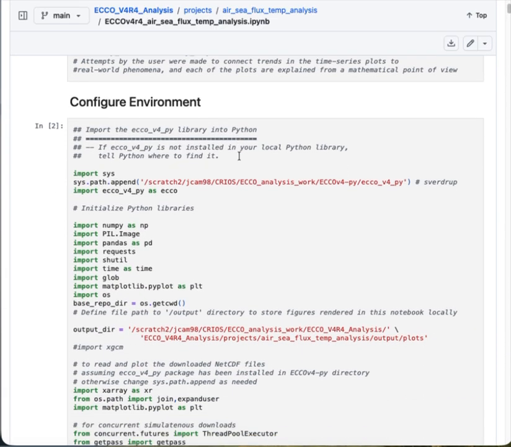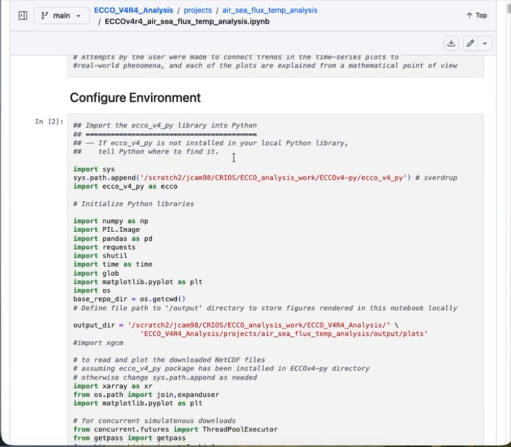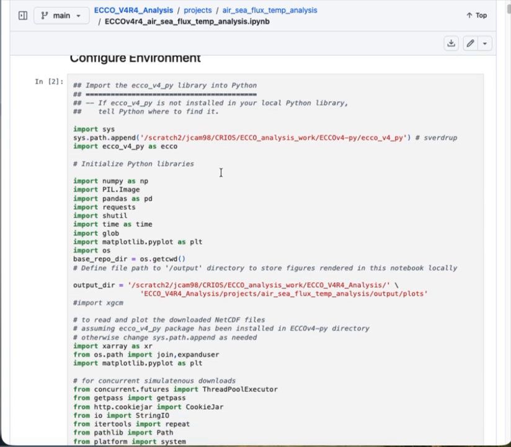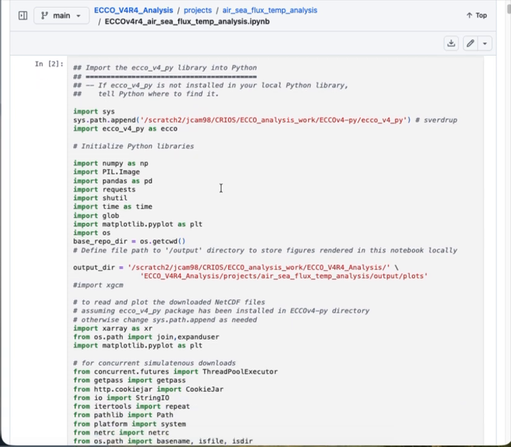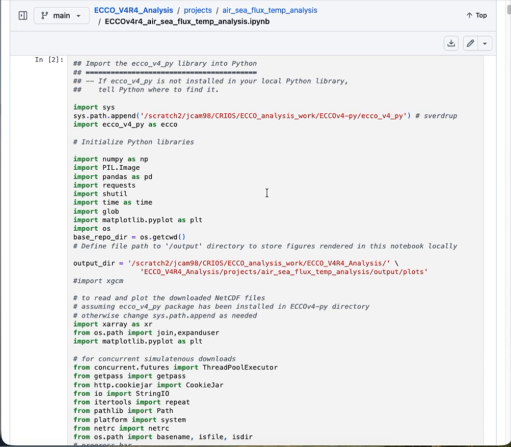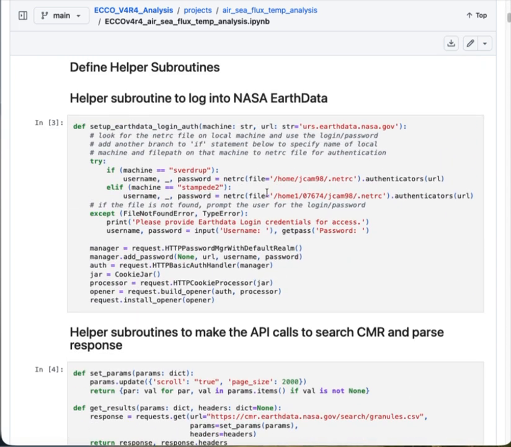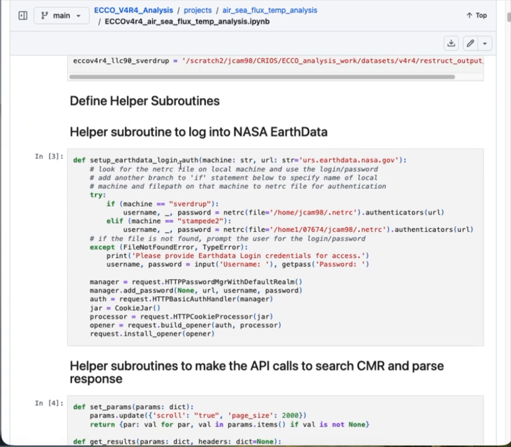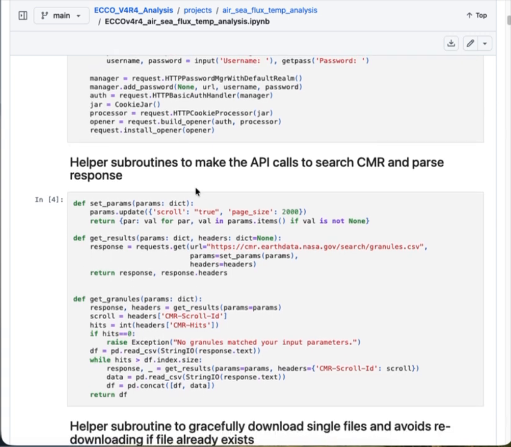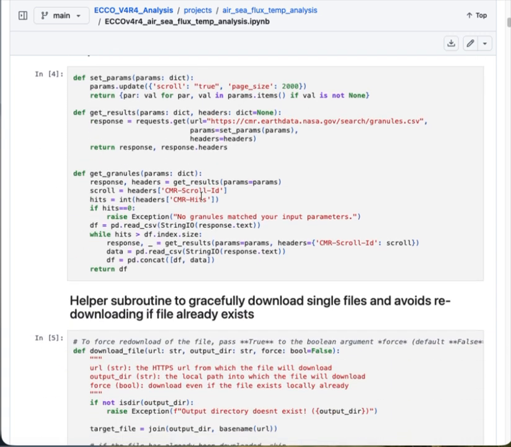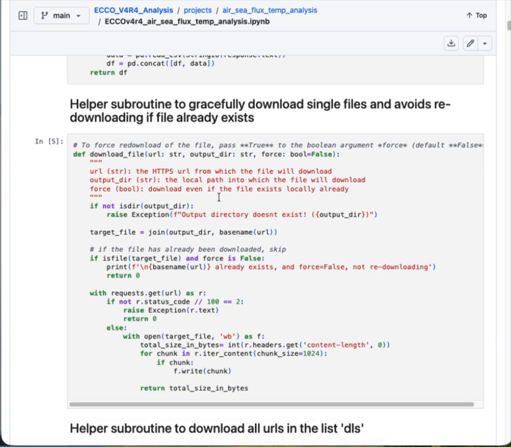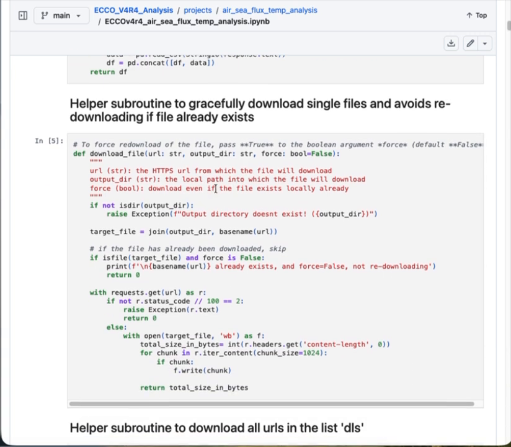we see a cell where I'm configuring the environment, setting file paths for data directories within the HPC environment, and importing necessary modules. And then I have a collection of cells where I'm defining helper subroutines for logging into the server, making API calls, parsing responses, downloading large netcdf files efficiently,